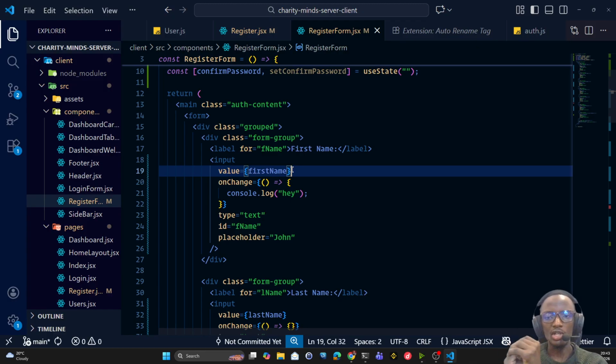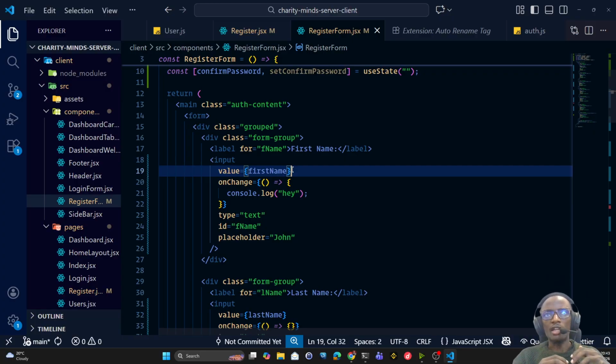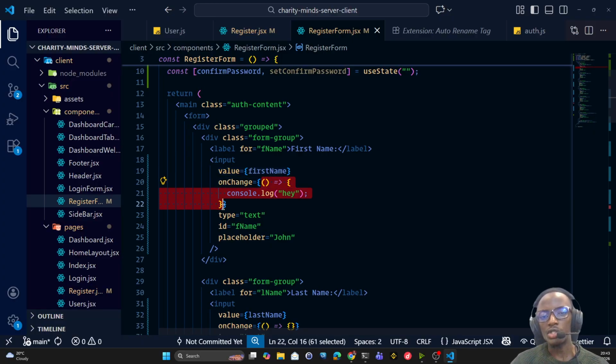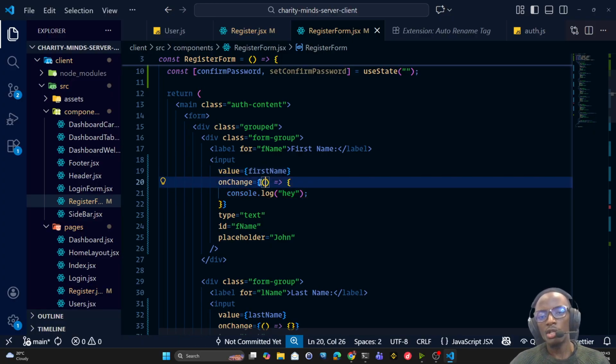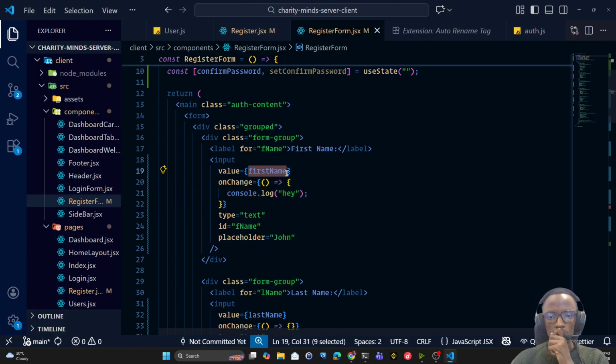So now React is in charge of setting the values, or it controls these input fields. So this onChange handler, since this is a function being executed, we can then use to update the value that has been stored inside this first name